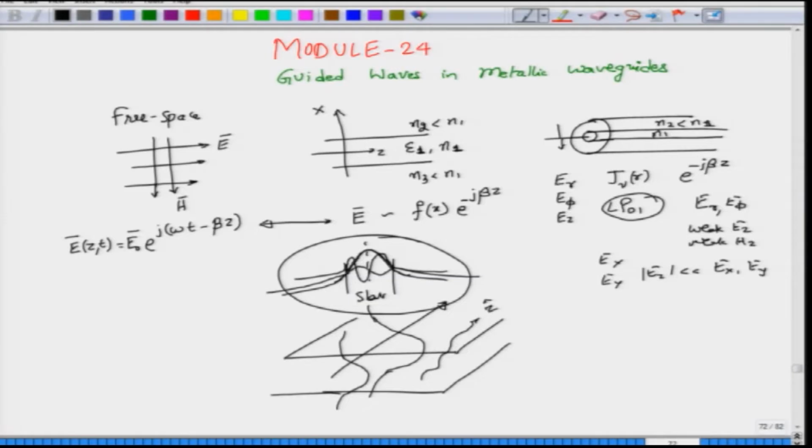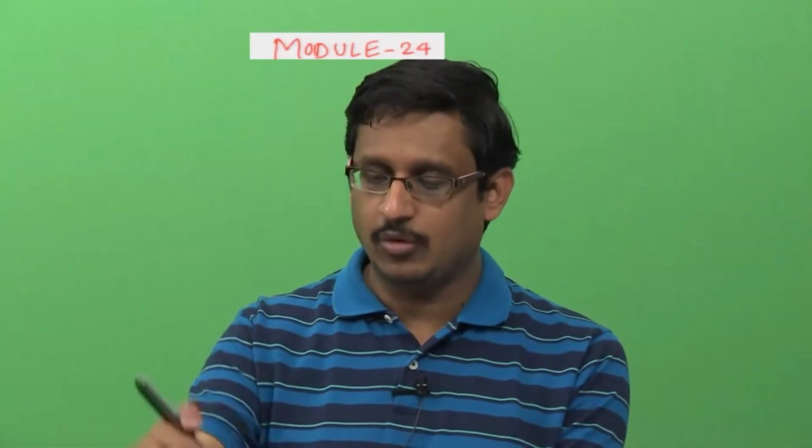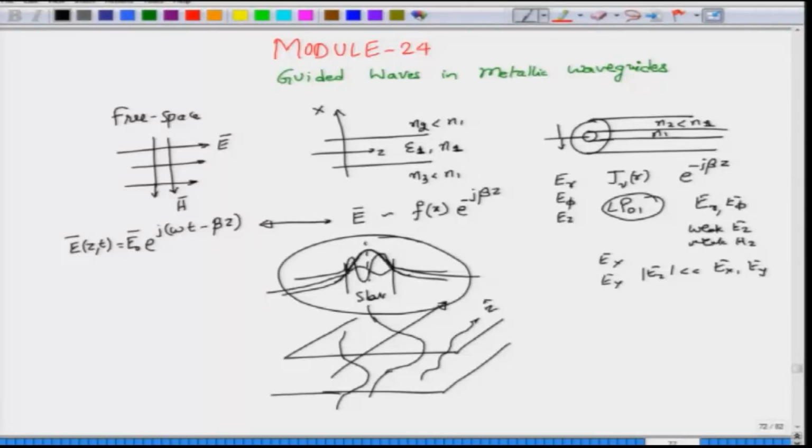But the point is these two had a certain mode structure. These modes are essentially those solutions of the electromagnetic equations that would satisfy Maxwell's equations, and in addition they would also satisfy the boundary condition. In this case, you have a boundary at r equal to a, the core, and another boundary which we have taken to be quite far away from the core itself.